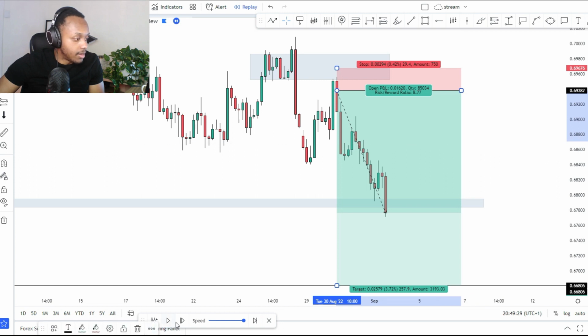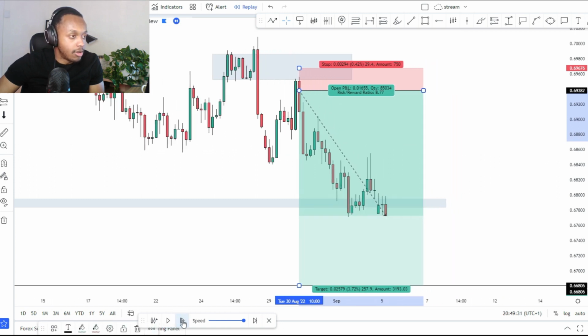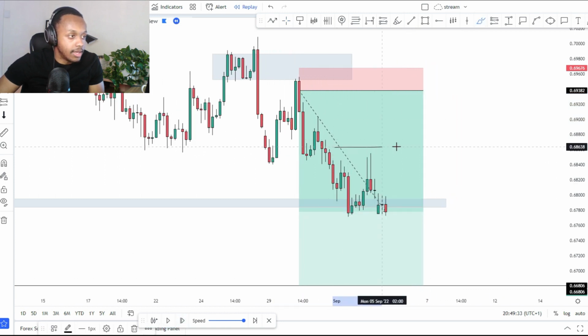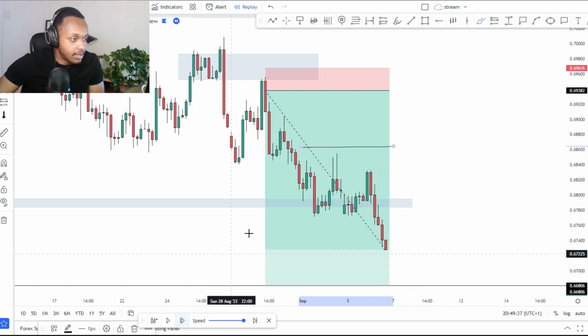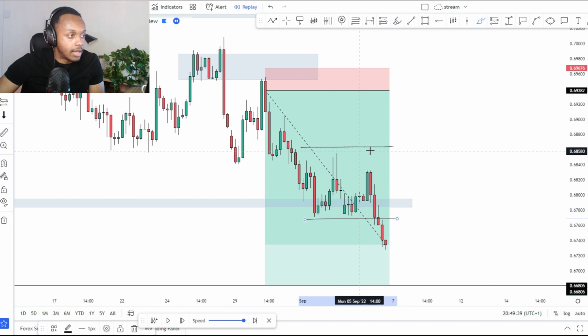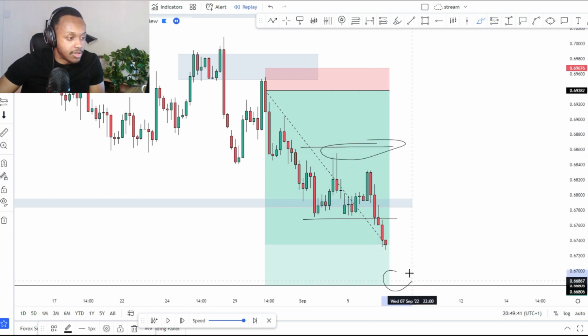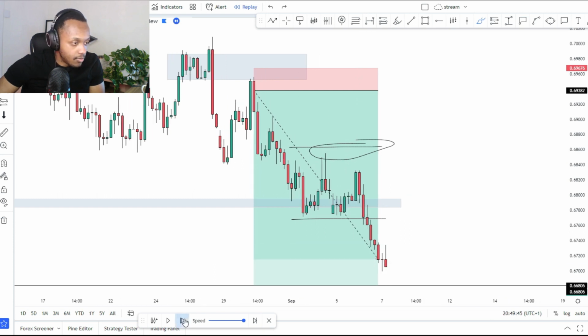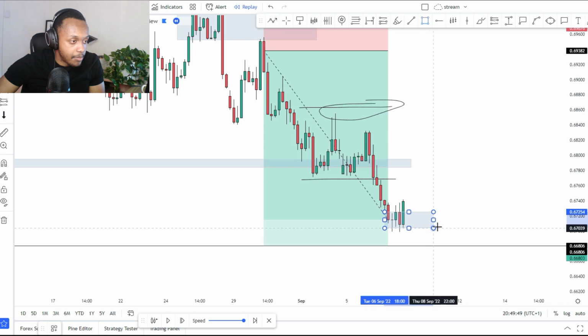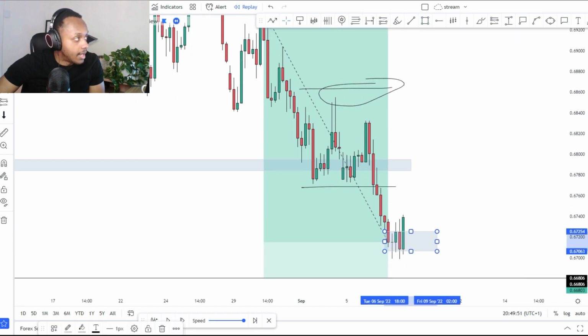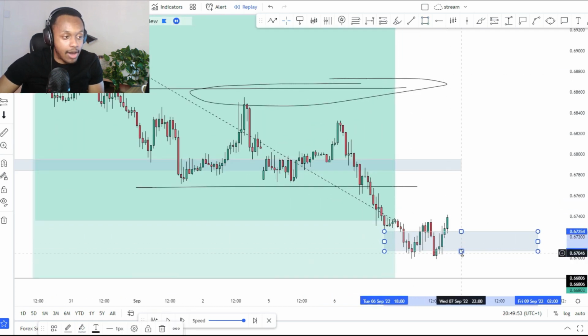So if I do play it on, I had my trailing stop loss above this high over here. So when price took out this low, which it eventually did, I had my trailing stop loss above there, and I was looking for price to come back into these lows. As you can see, we came and started to consolidate. When we saw this consolidation, that bullish engulfing candlestick, and this potential double bottom on the hourly, it was